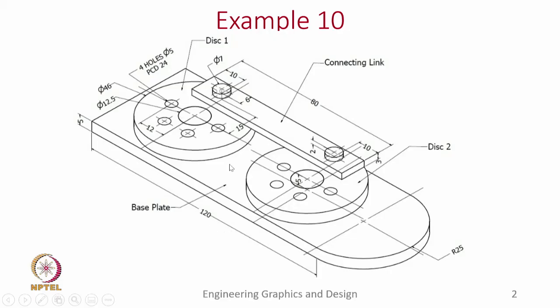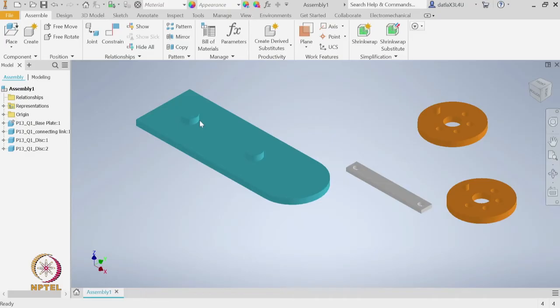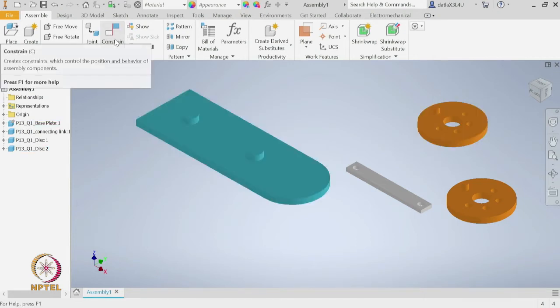First, we will bring these discs and match them with these centers. So, we have two centers on the base, as we can see here, these are pin 1 and pin 2. We need to match these pins with the center of the discs. So, we know that we can do this using constraints.